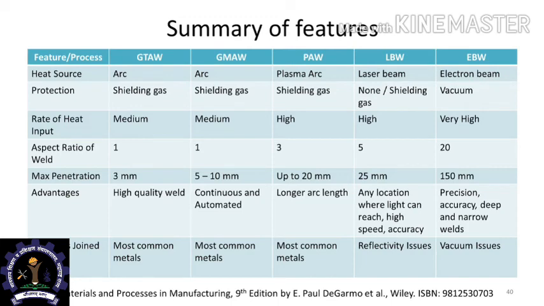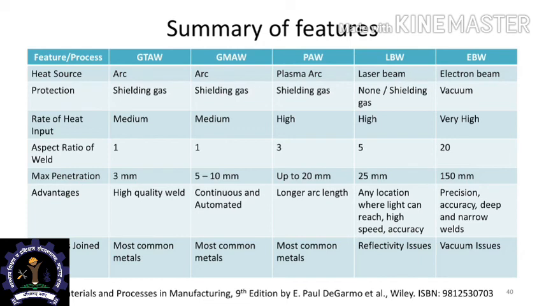Electron beam welding has very similar characteristics as laser beam welding. The heat source is an electron beam instead of a light source, and there is no protection mechanism that is required in electron beam welding. The reason being that the entire assembly that has to be joined is physically placed in a large vacuum chamber, which means that there are no gases present which can contaminate the liquid metal, and therefore, there is no requirement to provide any protection environment. The rate of heat input is very high, the reason being that electrons can be focused to extremely small dimensions, so that the heat intensity is very high.